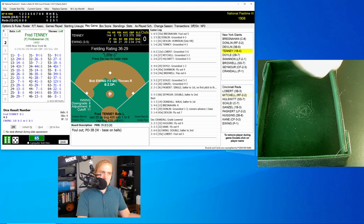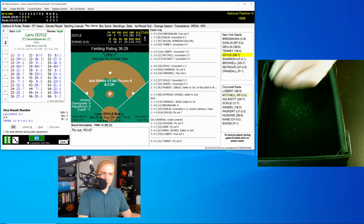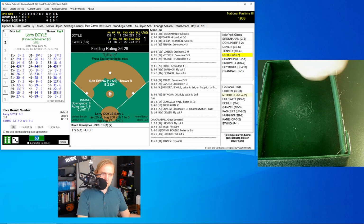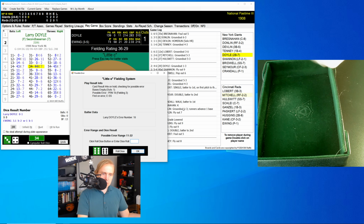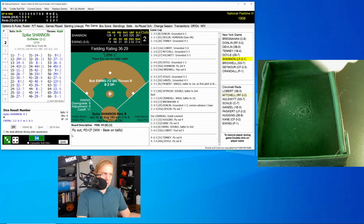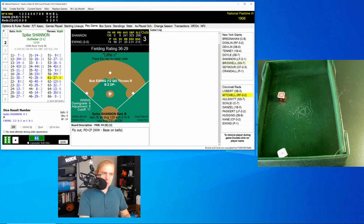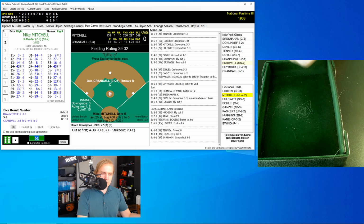1-0 still Giants. Fred Tenney to lead this off, rolls a 63 for a 31. It's a fly ball to center field, and Kane has that for the out, 1 away. Larry Doyle, now hitting .214, rolls a 34 for a 44. There's a little E-roll. Going to be a 23, just missing the range again, so it's a fly ball to center. Kane's got that, 2 away, and here comes Spike Shannon. Shannon rolls a 61 for a 27. Ground ball left side. Lobert has that and throws to first for the out, and we go to the bottom